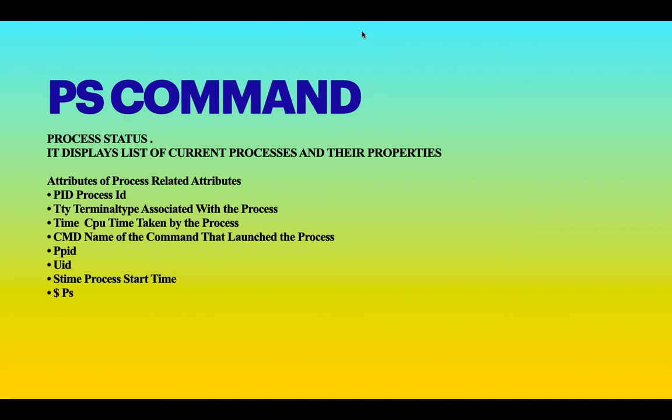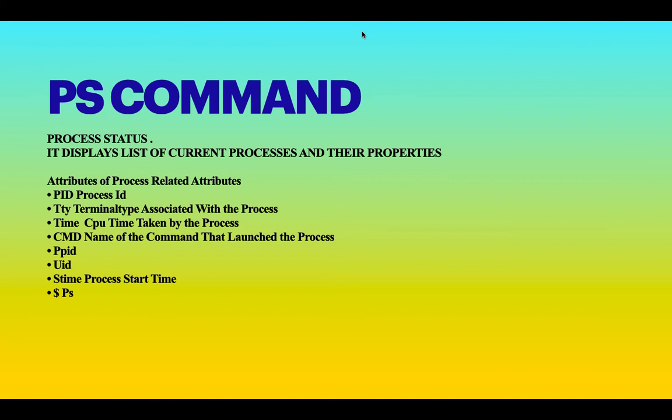It displays the current processes and all the properties of those commands. PID stands for process ID. It will also show in which terminal the current process is executing, and how much time and CPU is utilized by that particular process.